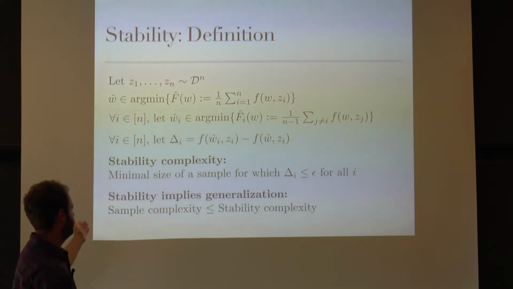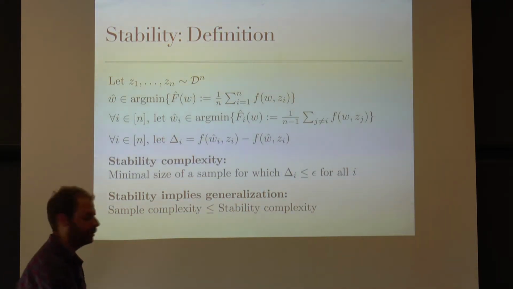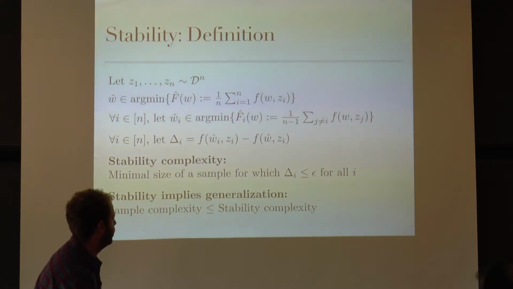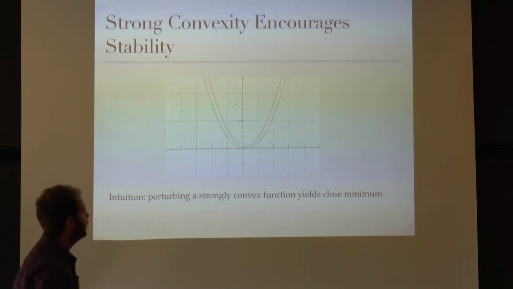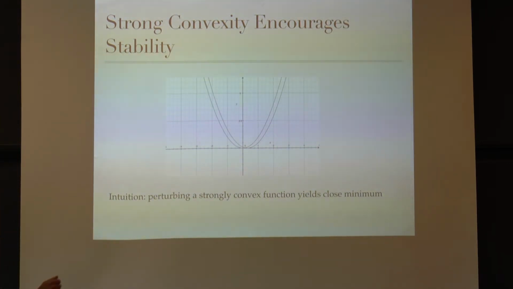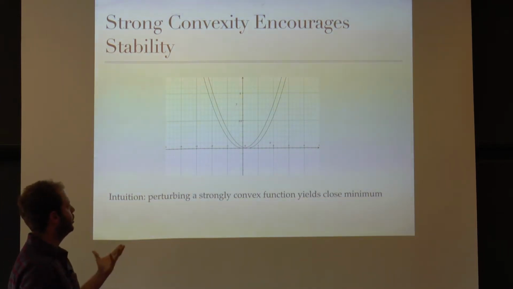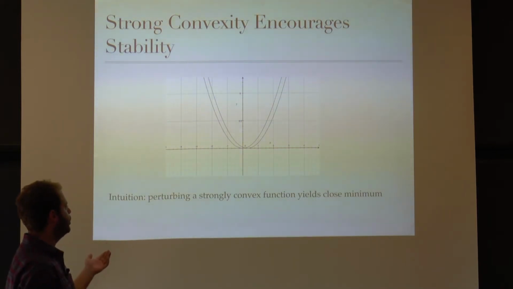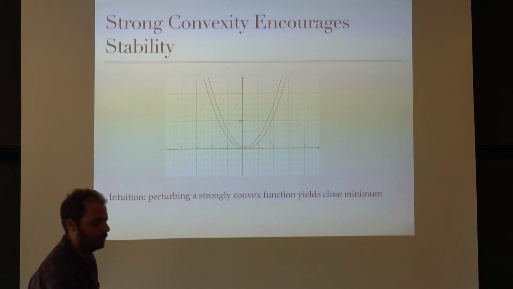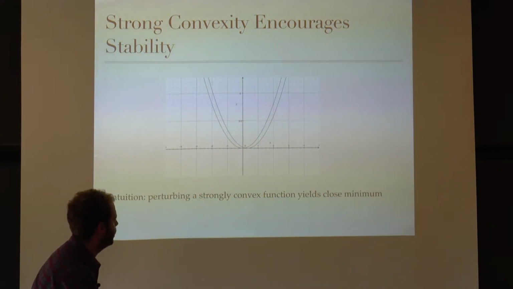So if we want to achieve a bound on the sample complexity, it's sufficient to obtain an upper bound on the stability complexity. We say that strong convexity encourages stability, and the picture that gives intuition is this. We look at a quadratic function, and we see that if we slightly perturb this function, we obtain a function whose minima is very close to the original one. And the formal argument: